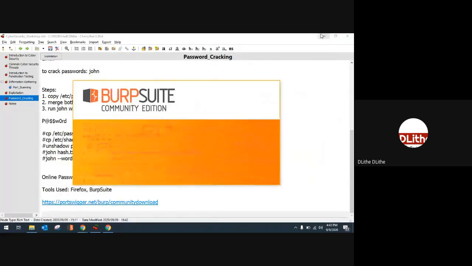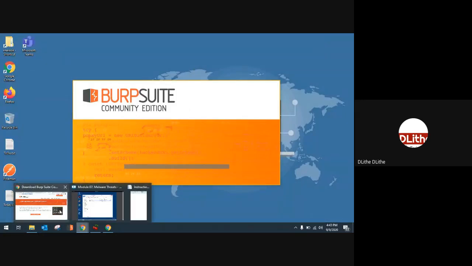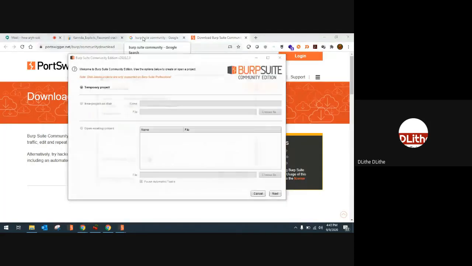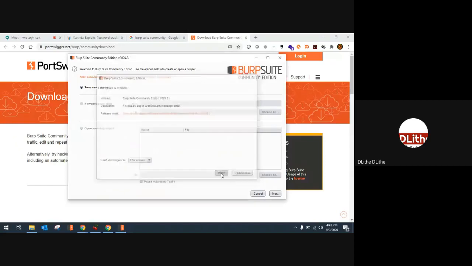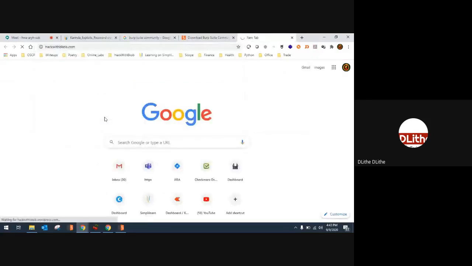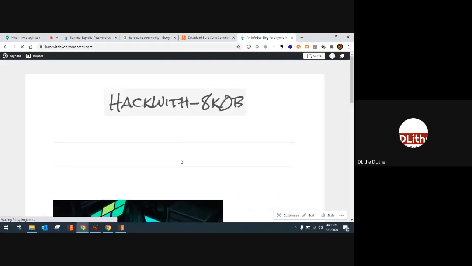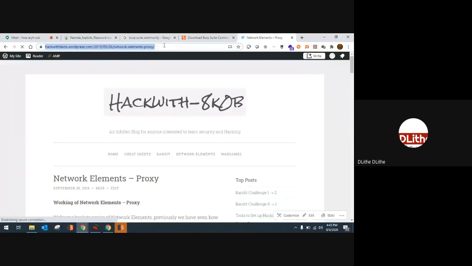Perfect. So Burp Suite is basically a proxy tool. What is the meaning of proxy? A proxy is a configuration where instead of you directly hitting the target, you're forwarding the request, sending the request through a third party. Example, let me give you a very simple example of proxy. You can get a detailed article on proxies, but just an example.